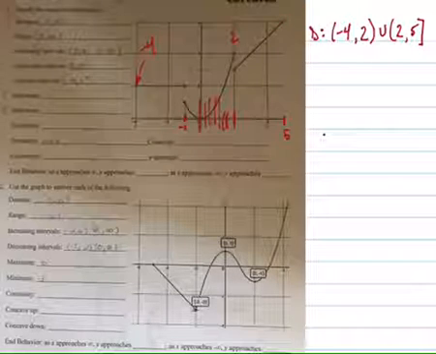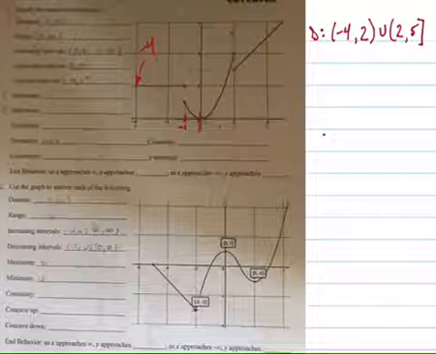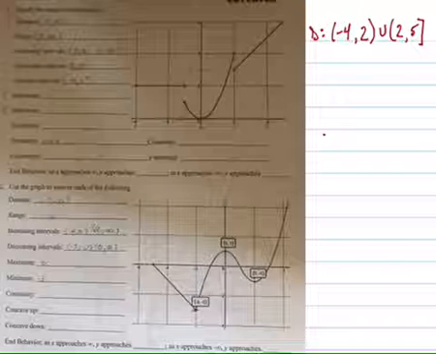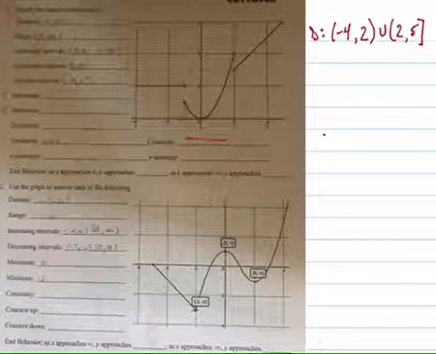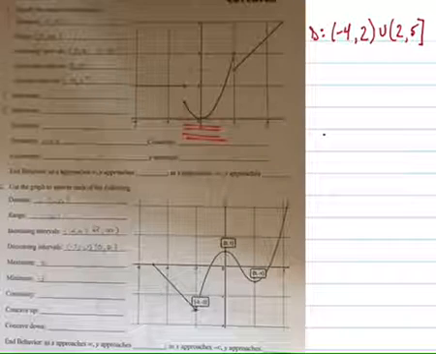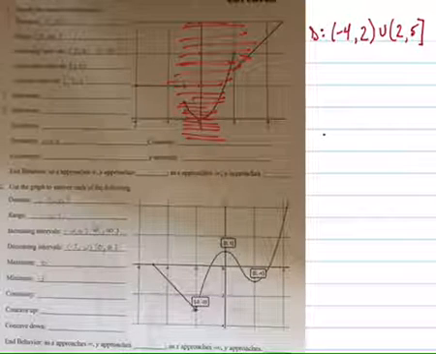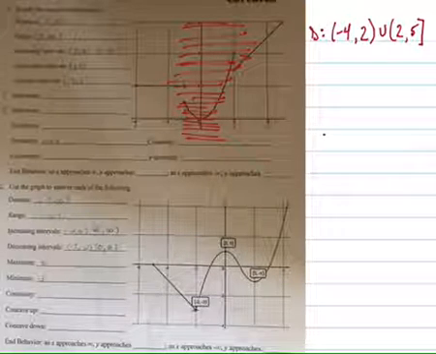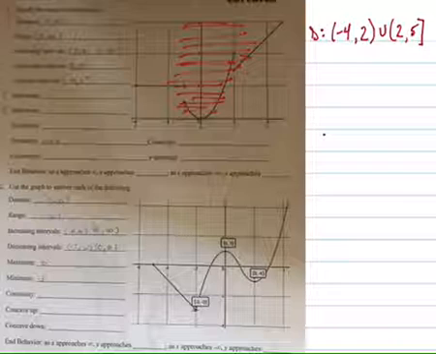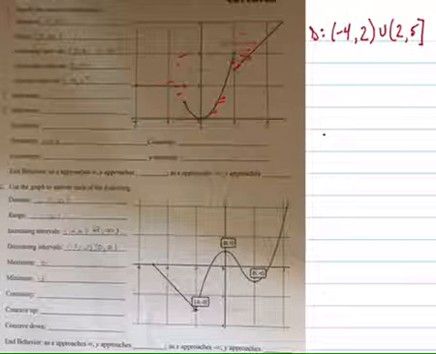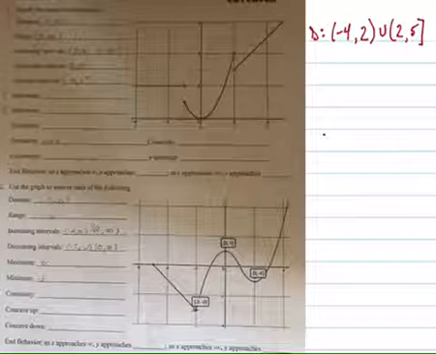So the range is going to be whatever points have y values defined. So imagine drawing horizontal lines. No, no, no, no. Yes, yes, yes, yes. Everywhere above 0, it's going to be defined. So the range would be